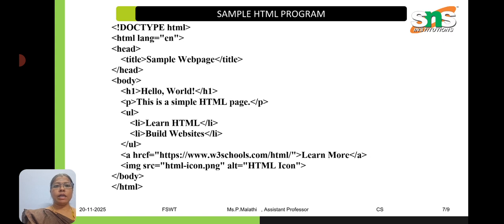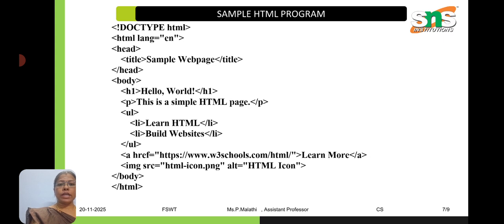This is an example program with the inclusion of links. First is the document type. The language I chose is English, denoted in double quotation marks as en. Then in the head part, I added the title with the title tag, and I closed the head part. Then in the body tag, whatever content I want to present, here it is hello world. This is a simple HTML page that adds a paragraph tag, which is denoted as P,